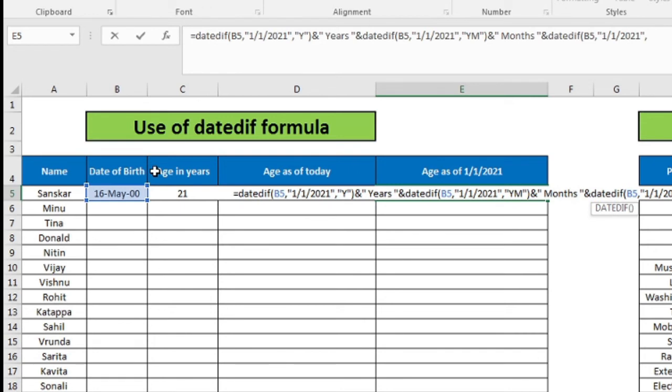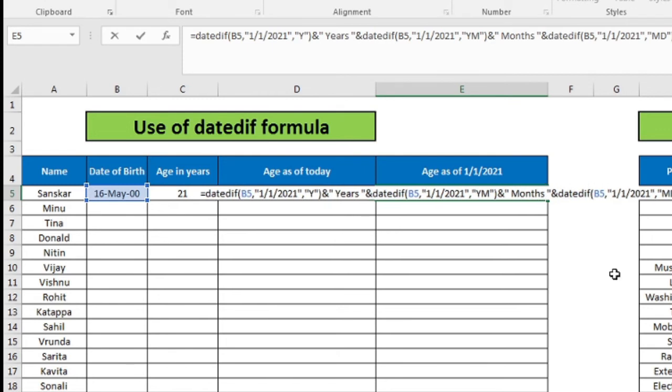Format for days, so double inverted commas MD, number of days after the last month is completed, and then complete double inverted commas. Now this will complete my third formula, so I will complete the bracket now. So this will give me number of days, but after this I want to write days as a word, so I will again put & and then double inverted commas space days, and then complete double inverted commas.